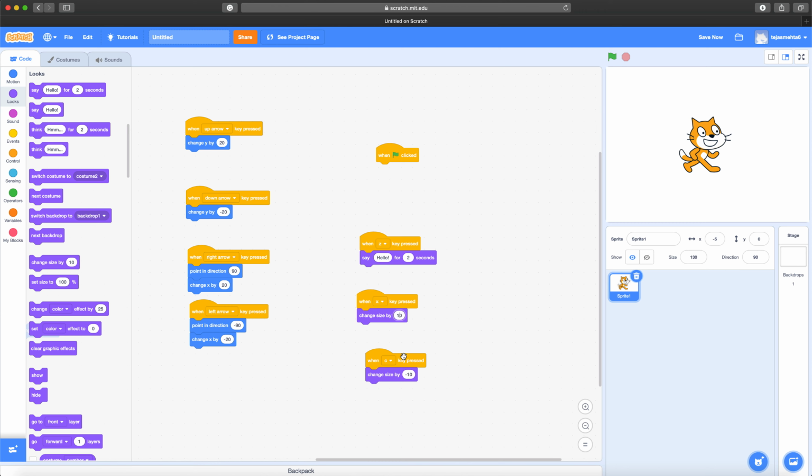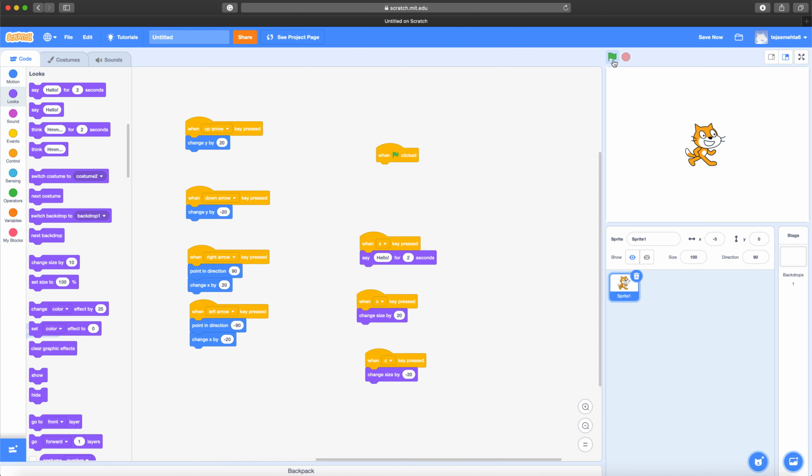And just like what we did with movements, you can make it bigger and smaller by editing these numbers, as long as you keep the minus on the smaller side and nothing on the bigger side. So we do this, now the character goes bigger faster and smaller faster. The same thing works if we want to make it slower. When you make it 5 instead of 10, which is smaller than 10, when I press X, it'll only grow a little bit, but it'll shrink a lot. I'm going to put this back to 20 to make them the same, since that's pretty nice to do for